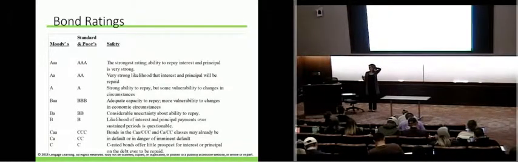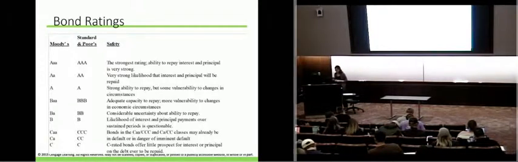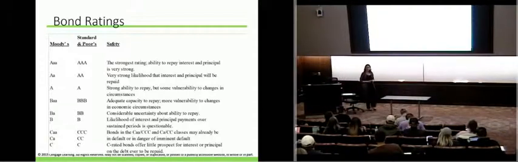So as an investor, not only do I get the contract, but I get to see what the rating of the company was. So the company as a whole can get a rating, but then each issuance can also get a rating. The reason we talk about ratings is because this is part of what contributed to the financial crisis